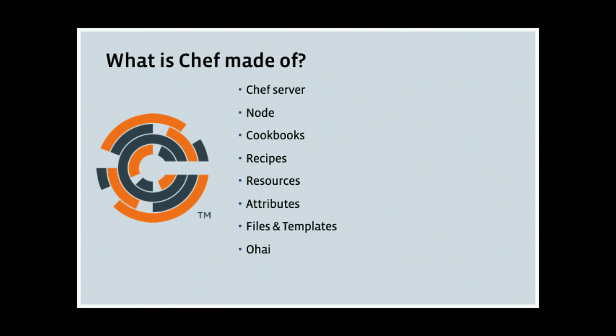Ohai is a weird one. It's not a food pun, as far as I can tell. It's a set of plugins that collect system configuration data, kind of similar to Facter on Puppet, if you're familiar with that. And these little bits of information are then provided to Chef so that it can make decisions. And this might be things like the OS version or hardware specs like the RAM or the disk space, whether the system is virtual. You can write your own Ohai plugins